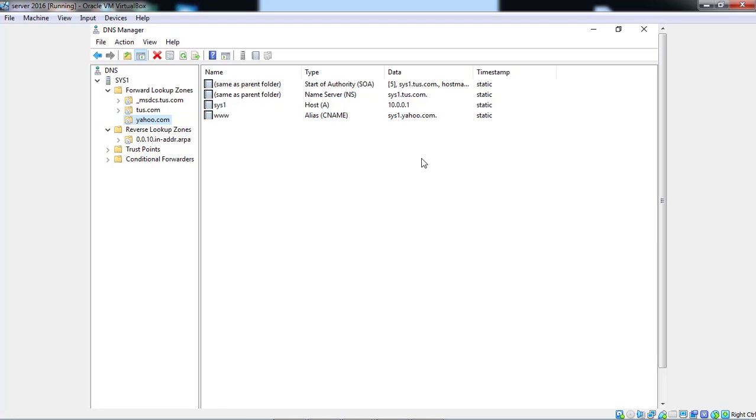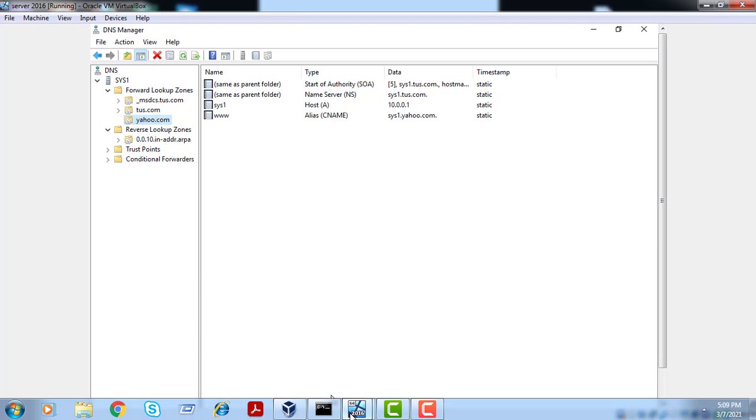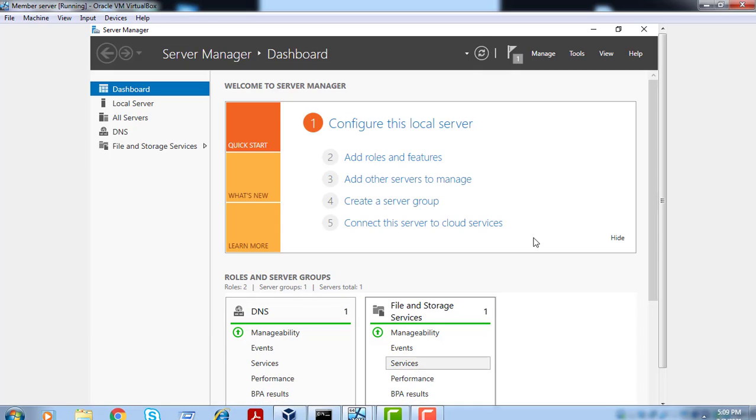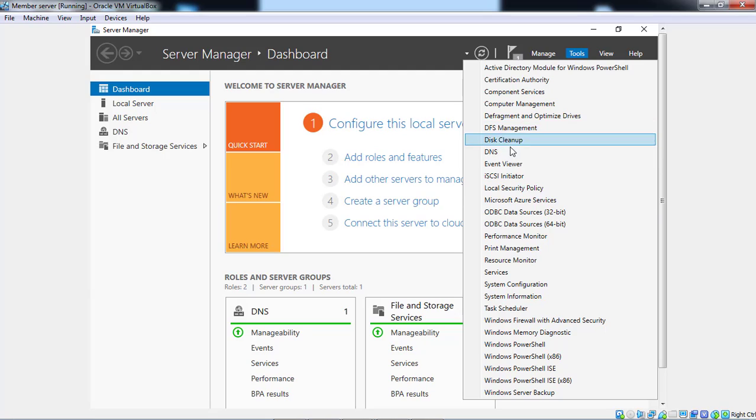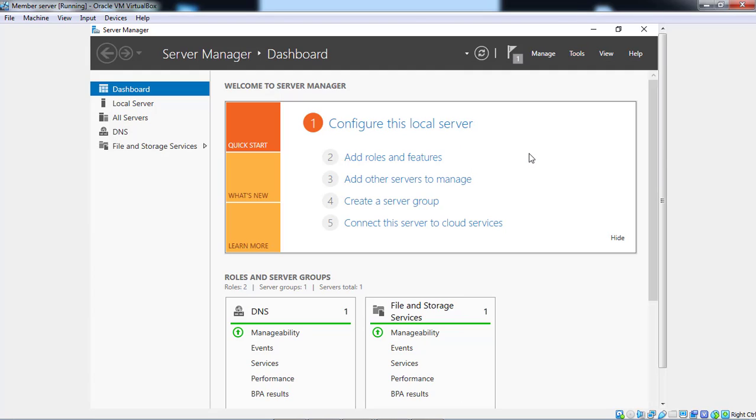of the member server DNS. We have already installed the DNS. You can see this is our DNS which we have already installed, but we have to configure the secondary zone manually here.